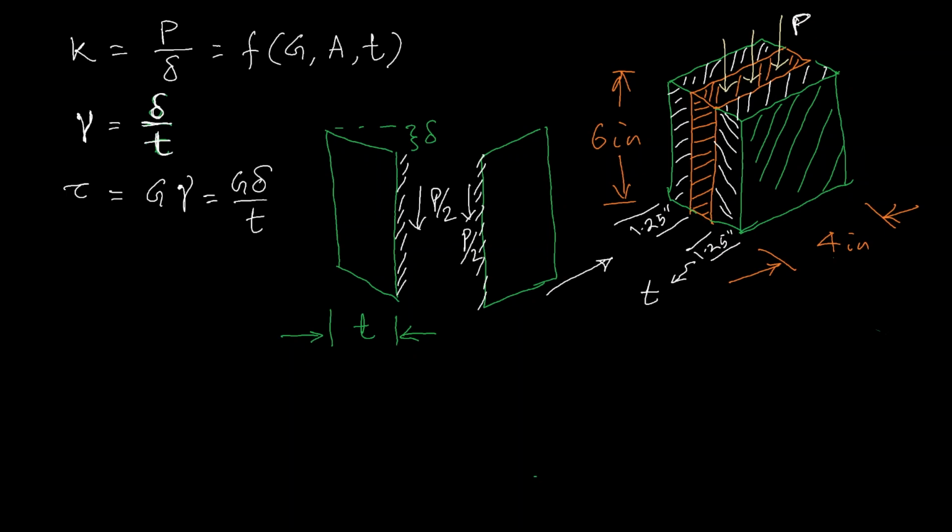That means P is 2 times this, because both surfaces are resisting,